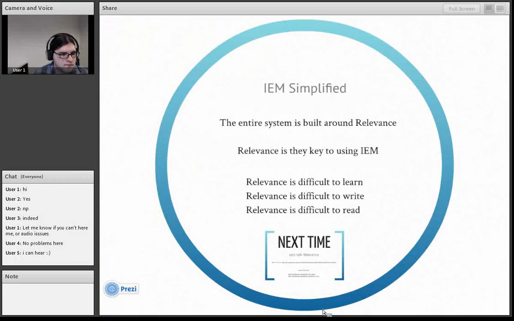So really what I'm trying to get across here is that the entire system is built around relevance, and relevance is the key to using the system. Relevance can be very difficult to learn, to write, and to read at times, but it's really the most important thing in the system. Most of what we spend our time with is thinking about the actions that we're doing on the system, but writing these things, creating these things, they're all really based around relevance, and that's what gives the system its power and the ability to automate things, is knowing whether or not things should run, can run,